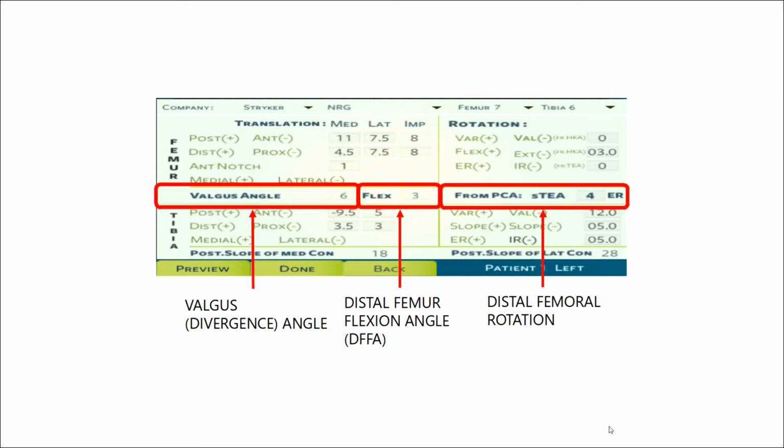Occasionally, there is a gross difference of more than 3 to 5 degrees in the medial and lateral slopes of the proximal tibia. As the tibial tray cannot compensate for this, tweaking the femoral rotations to achieve a better flexion gap is necessary. If the lateral slope is more, the femoral rotation would need to be decreased by a few degrees. Whereas if the medial slope is more, femoral rotation would need to be increased by a few degrees.